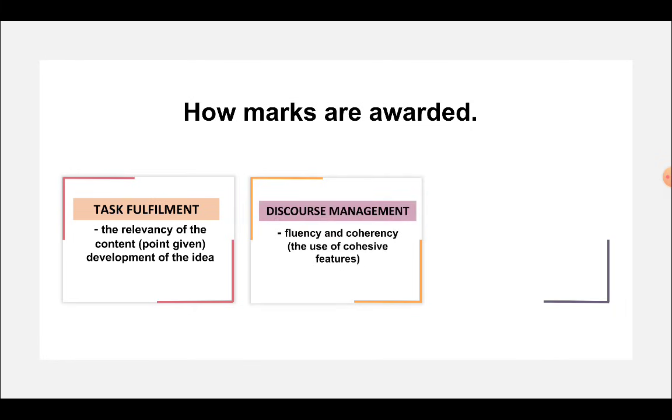Number 2, discourse management. Discourse management here is referring to the fluency and coherency of the candidates. Try to speak fluently without too much hesitation and stumbling. Avoid using too many fillers. Fillers are meaningless words, phrases, or sounds that mark pause or hesitation in speech. For example,